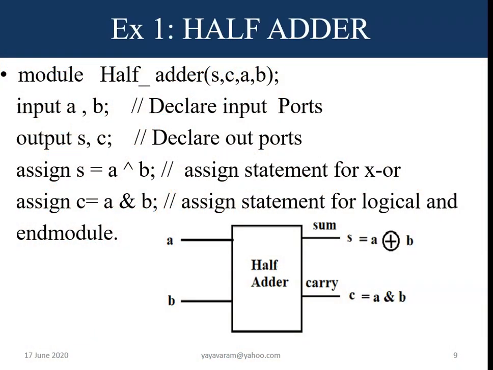So now in order to explain this assignment statement, how we use assign, let us take some simple examples. I have provided more number of examples so that you can easily understand the concept of data flow model without any doubt. First example, one of the simplest, half adder. We know already in the gate level model we have seen half adder has 2 input bits and one sum and one carry. And to write this logic, you should know what the sum is. We know already sum is nothing but A XOR B. And what is carry? It is A logical and B.